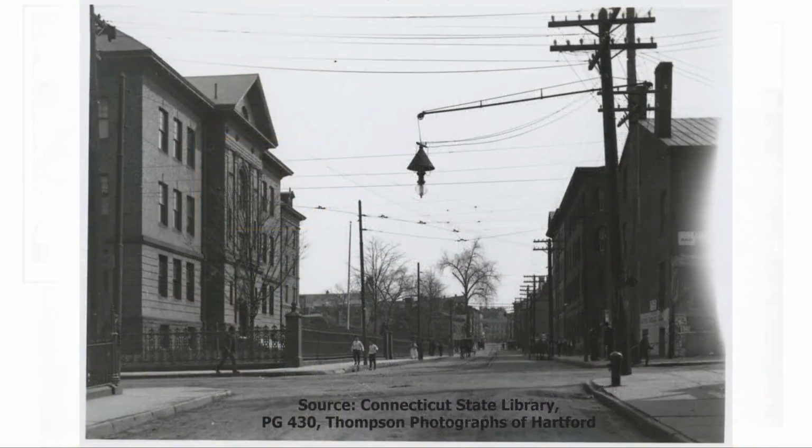This is a 1906 photo by William H. Thompson. It's a view south down Market Street, across Morgan Street, with the Brown School Annex on the left and the original Brown School behind it. That original building of 1868 was demolished in 1946, but the 1897 and 1923 buildings continued in use